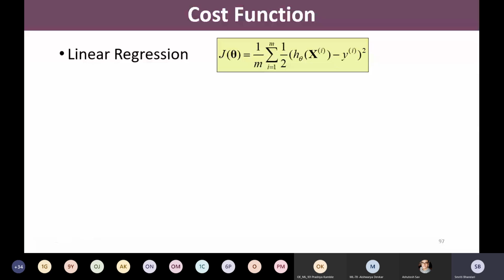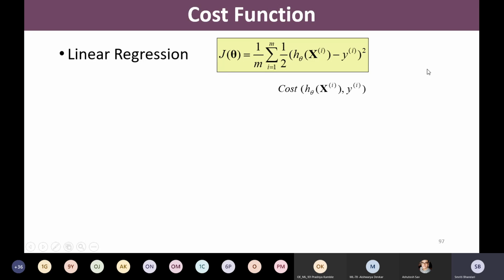Okay. So how did we define the cost function for linear regression? It is J of theta equal to 1 divided by m, summation over i equal to 1 to m, of half times h theta of xi minus yi, squared. In this expression, the only difference we have made is that this half multiplier was outside the summation, and just for the sake of mathematical convenience, we have taken it inside the summation. That's all. So this is our J of theta, the cost function of linear regression.